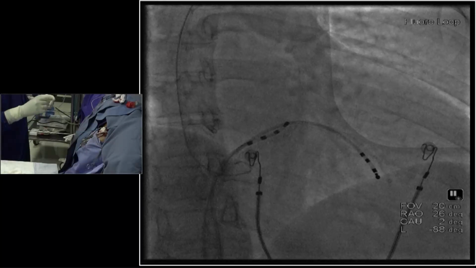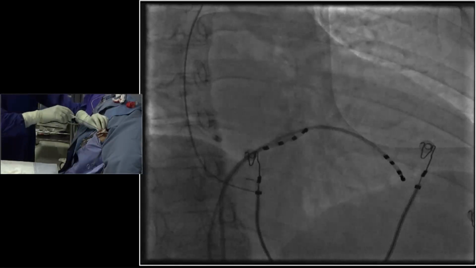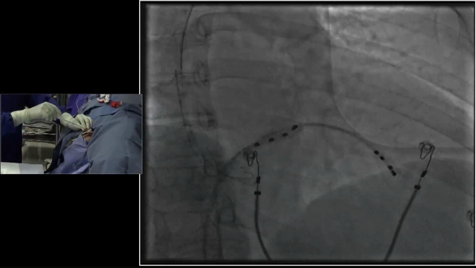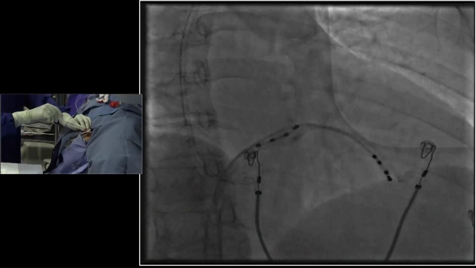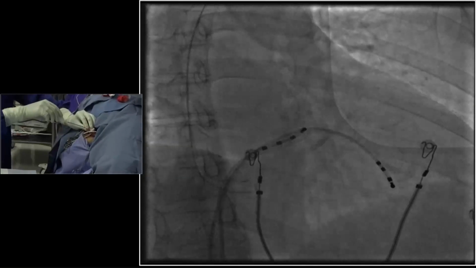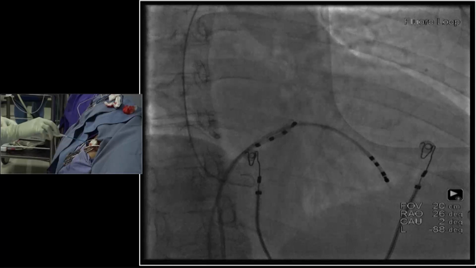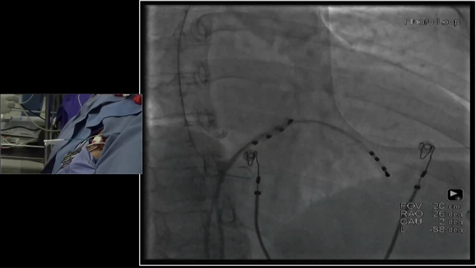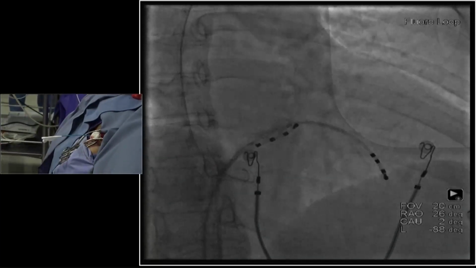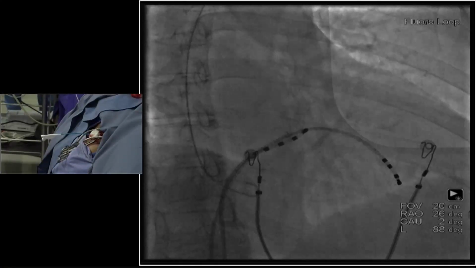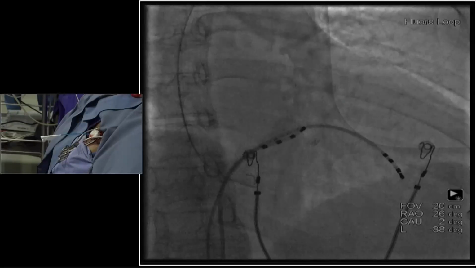So I'm going to go into the ventricle. Just see my hands. I'm giving a clockwise torque, seeing the fluoro. The sheath is turning in. I'm going below the His bundle region and giving a counterclockwise torque and keeping the sheath. So can you show the recorded fluoro? Yeah, it's playing. So you can see here how smoothly the catheter is going in, and it is reaching a zone probably 1.5 centimeter below the His bundle.